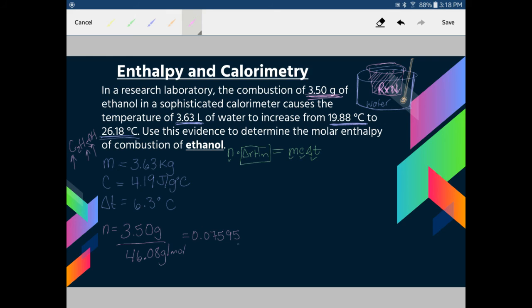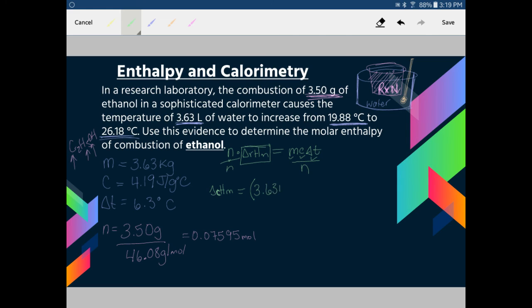We'll keep the number quite large here because we don't want to round this number until the very end. We only want to round once. So if you have a scientific calculator, either store that value or keep it up so that you can keep on using it. So when I go to simplify, if I'm solving for my molar enthalpy, which I have in a green box up here, I need to divide by my number of moles. So when I simplify this, I'm going to have that my molar enthalpy of combustion, so I should change this letter to a C, is equal to my MC delta T over n, which is going to equal